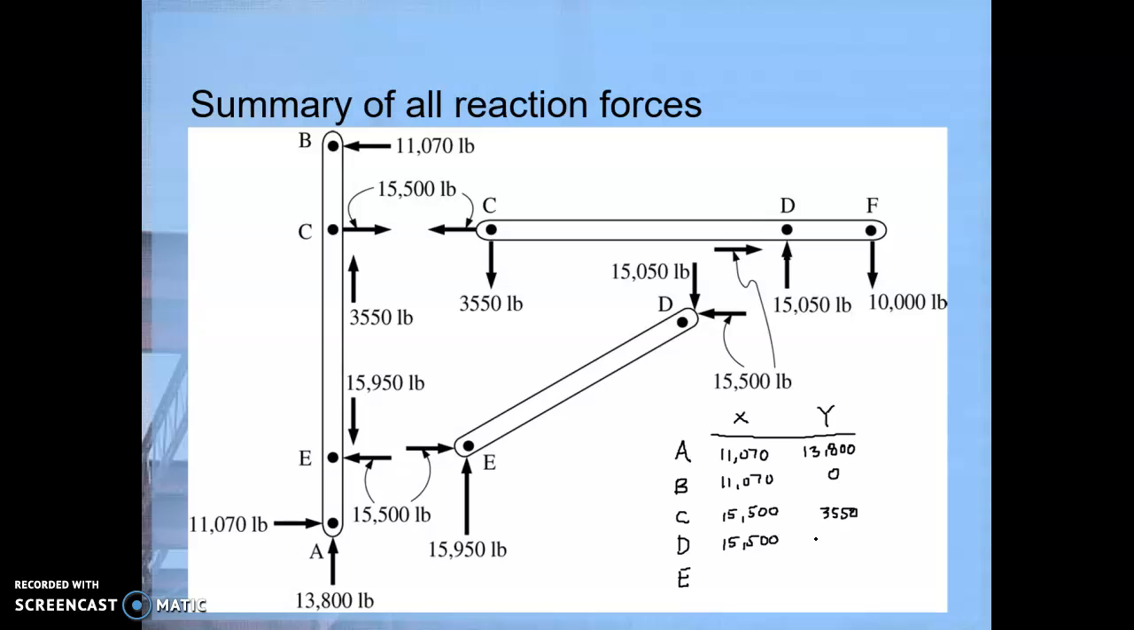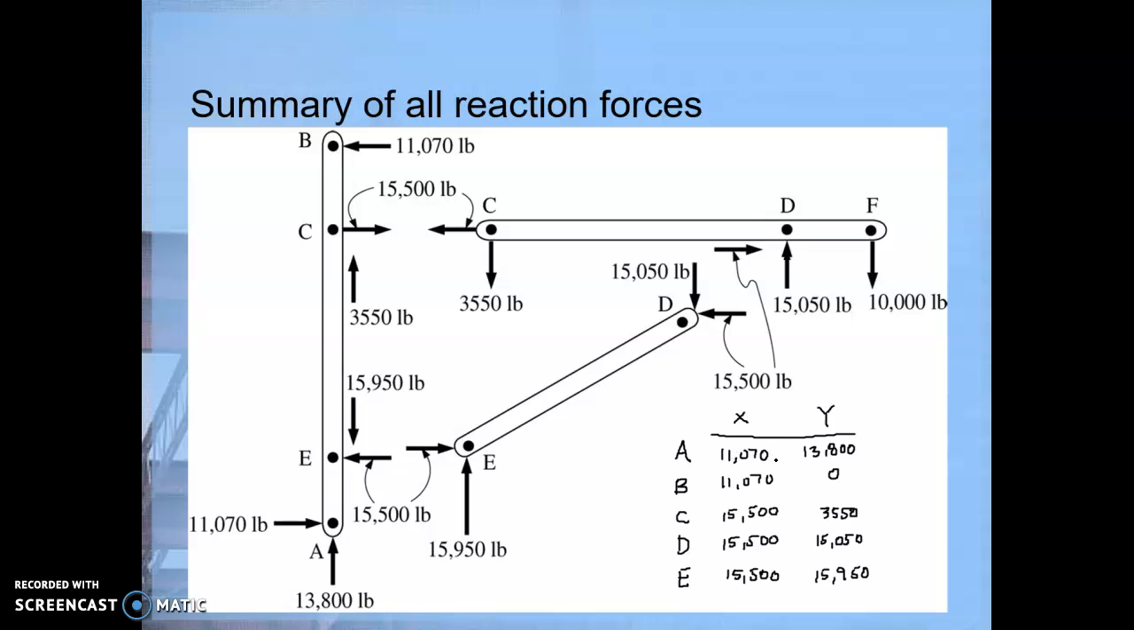in the y direction 15,050, and E in the x direction 15,500, and in the y direction it was 15,950. And just leave all of these values as positive because the sign doesn't really make a whole lot of